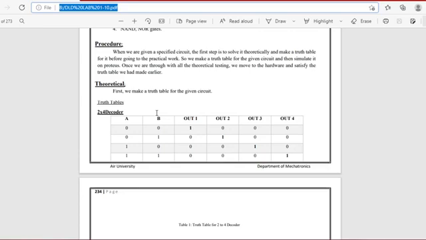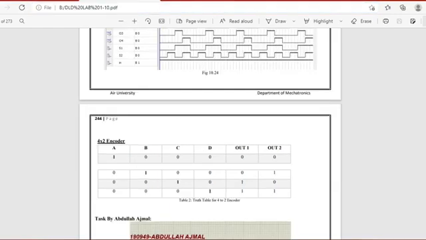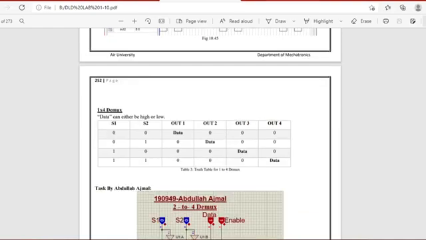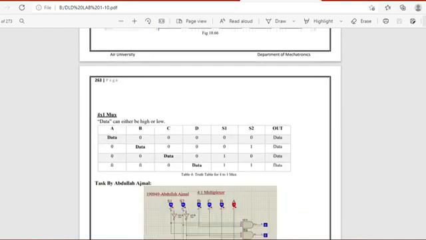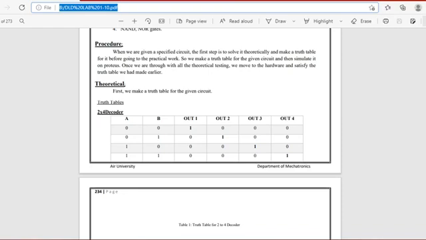In this video, we are going to discuss lab number 10 of DLD. In this lab, we are required to design four different circuits which are decoder, encoder, demux, and mux. So, let's get started with the first one. The first one is the 2 cross 4 decoder. This is the truth table of our